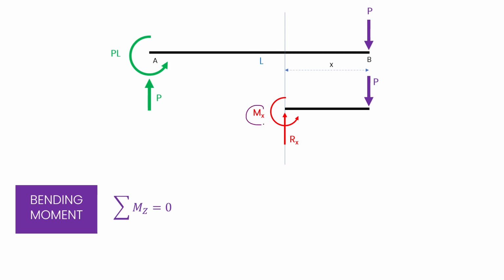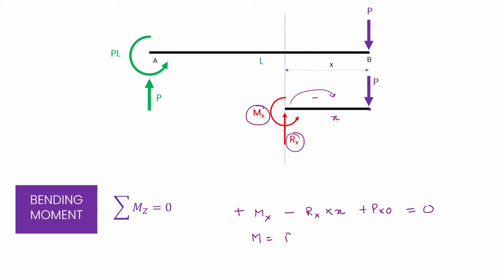So we have this Mx, which is positive because it is an anti-clockwise moment. Then we have a force Rx with a lever arm of X. And this time you can see this is again a clockwise direction and hence negative. So we have a minus Rx multiplied by X. Now this P is acting at exactly that point and hence its component is 0. So we have P into 0. This entire thing is 0.